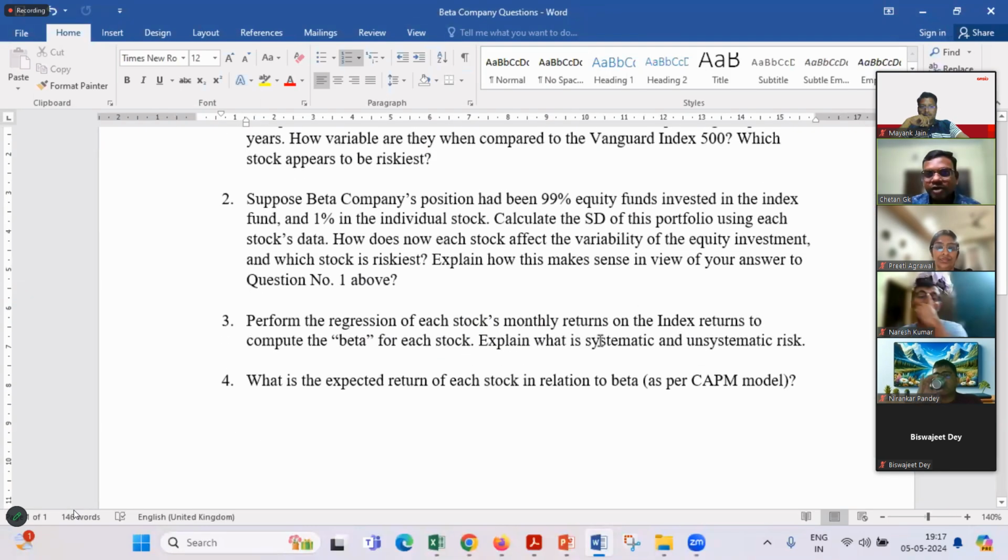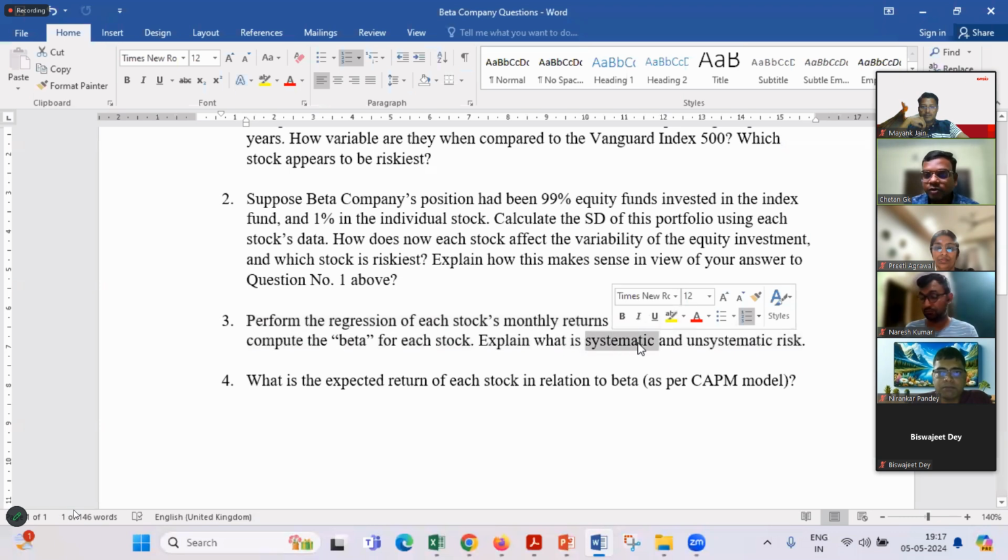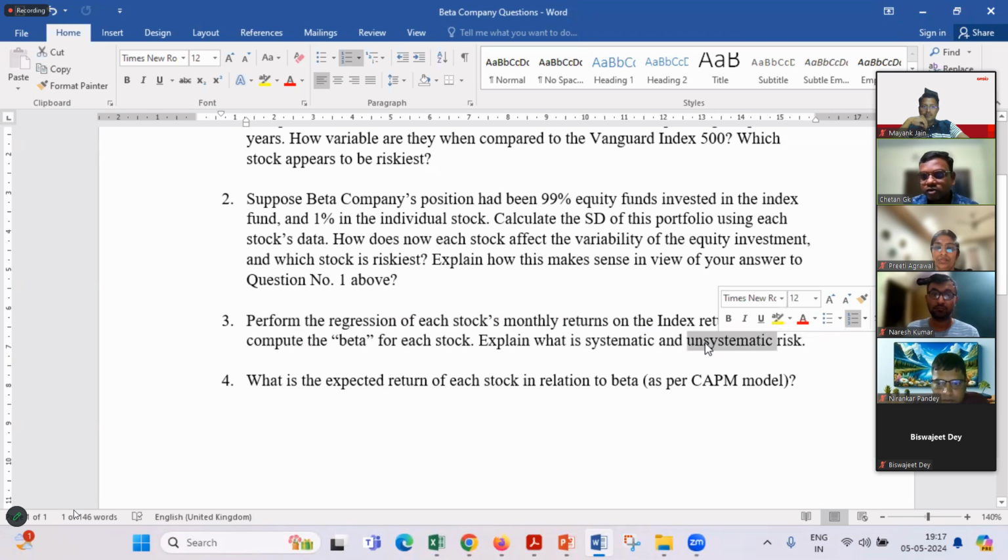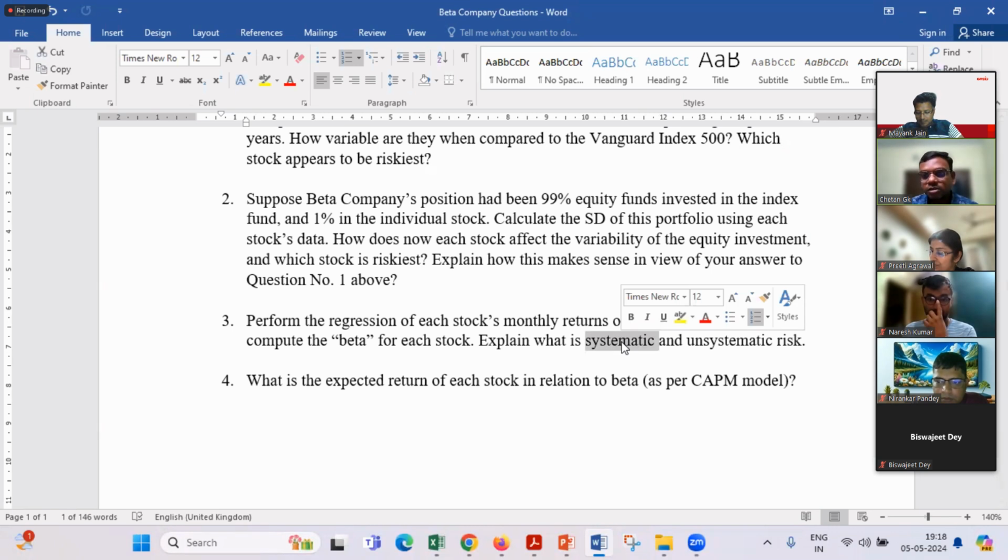Explain what is systematic and non-systematic risk. The measure of systematic risk is beta. The measure of unsystematic risk is standard deviation. Systematic risk affects all sectors and all companies as per the beta of the stock.